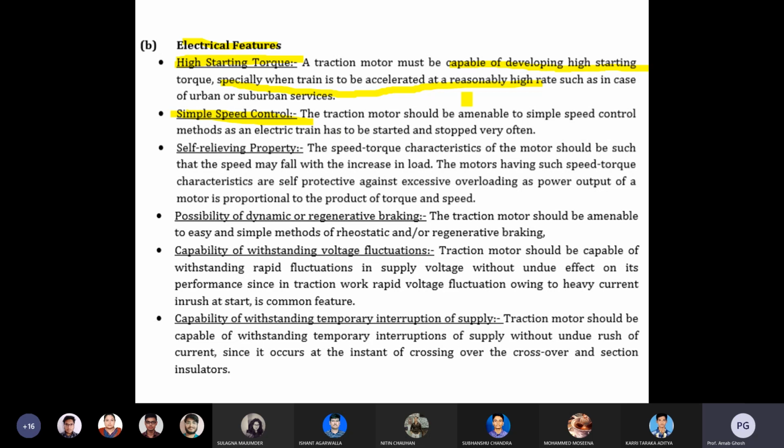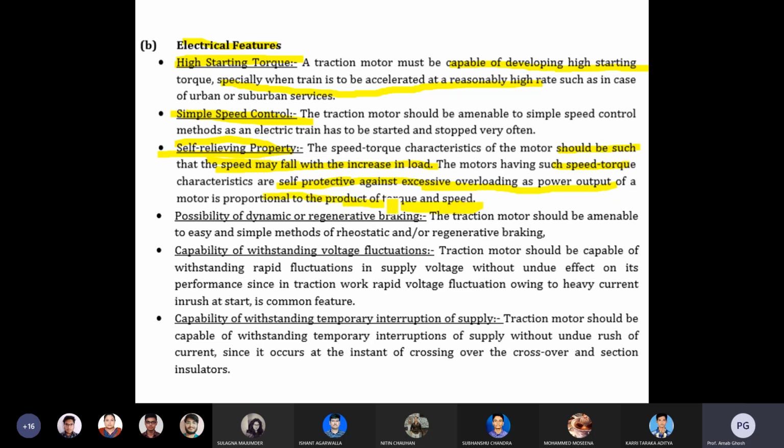Okay, self-revealing property. The speed-torque characteristics of the motor should be such that the speed may fall with the increase of the load. Speed is increased, suddenly load is there, so there may be a tendency to reduce the speed. Motors having such speed-torque characteristics are self-protective against excessive overloading,